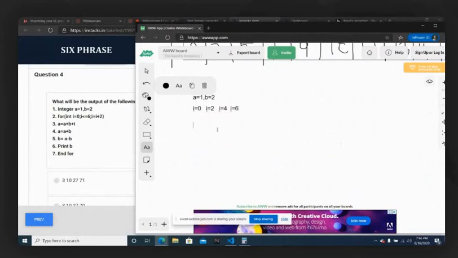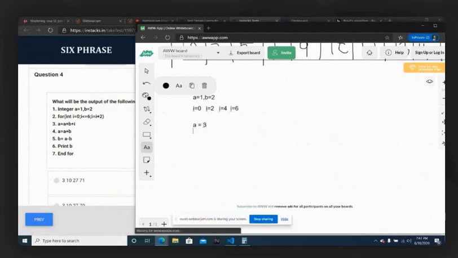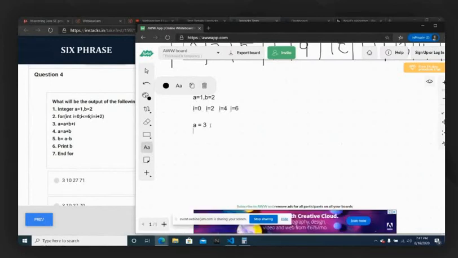So when I is equal to 0, A equal to A plus B plus I. Am I right? So what is the A value? 1. What is the B value? 2. What is your present I value? 0. So what will be 1 plus 2 plus 0? A will be equal to 3. The new A value is equal to 3. Remember, again you are doing one more thing: A equal to A plus B. A is 3, B is 2. So 3 plus 2, 5. So the new A value will be 5.